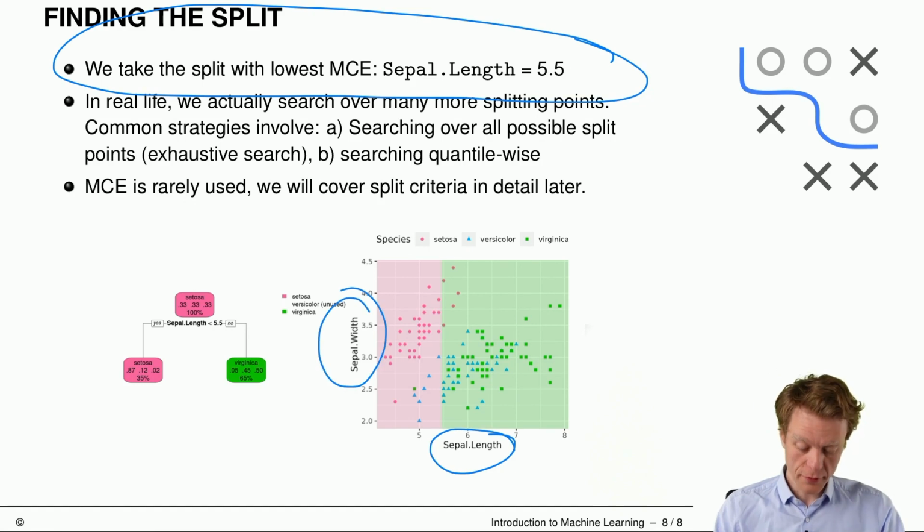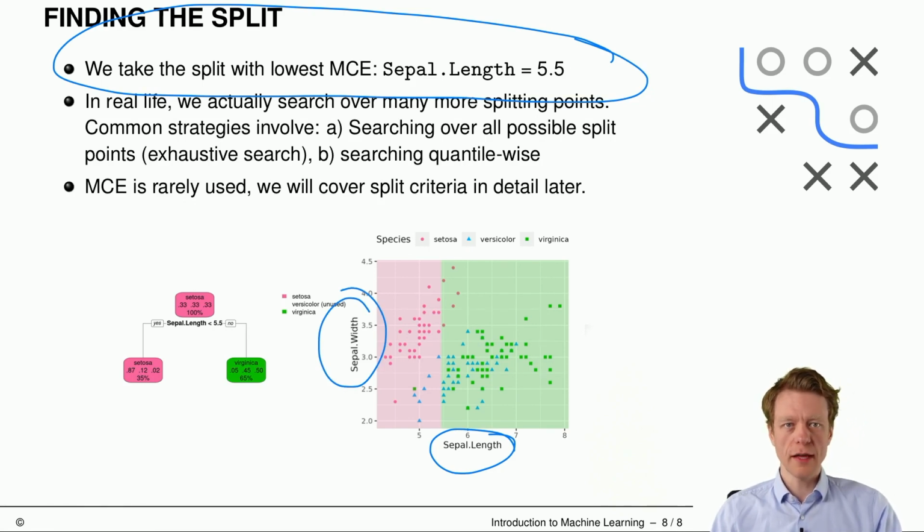And the same thing for the 1% quantile of sepal width and the 2% quantile of sepal width, and so on. So for really huge data sets, I guess it would be smart not to look at every possible split, because this takes some time, but search quantile-wise. For really large data sets, it also usually doesn't make that much of a difference if we split at 0.0001